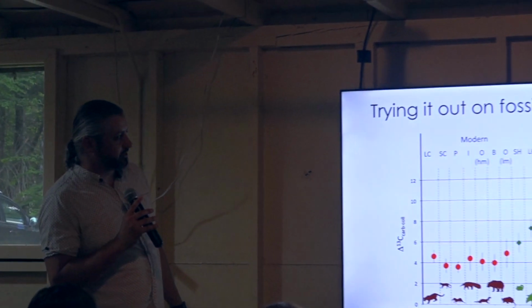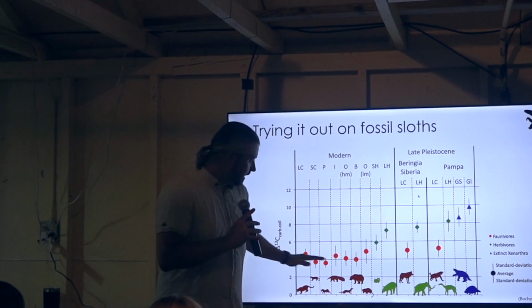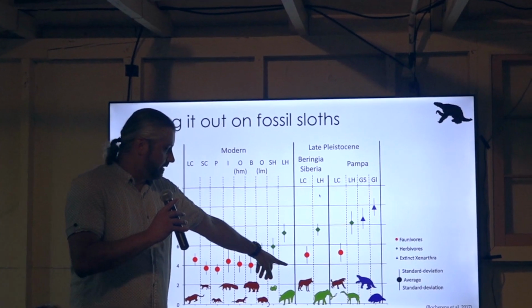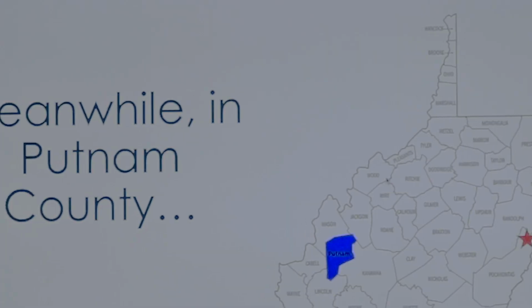So this has been done in the fossil record before. This is another study that was done to try to answer this "do sloths eat meat" question, and you can see pretty plainly, this is a modern ecosystem on the left and a fossil ecosystem on the right. You can see that the wolves and the saber-toothed cats are plotting where we would expect a carnivore to plot, and our extinct sloths. And then I want to end my lecture with one brief update